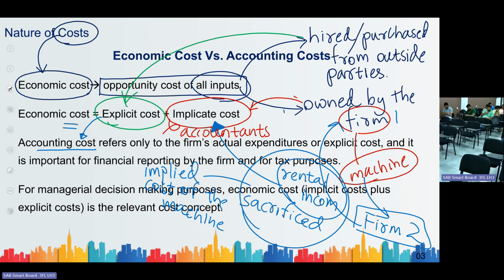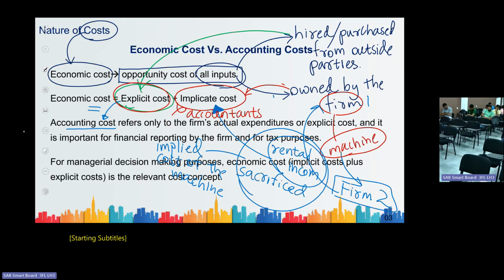Accounting cost refers only to the firm's actual expenditures, or explicit costs, and it is important for financial reporting by the firm and for tax purposes. So explicit costs are the cost items that are considered by accountants. So they are also called as